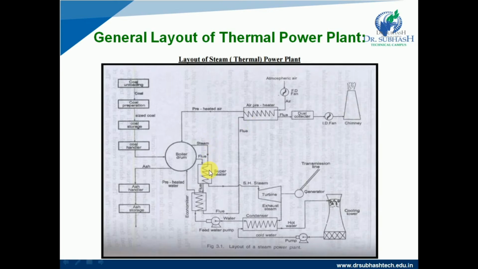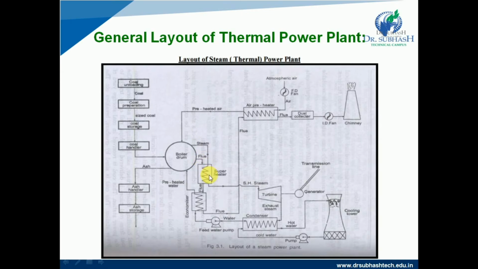You can see in the figure. The superheater tubes are hung at the hottest part of the boiler, and the saturated steam produced in the boiler tubes is superheated to about 540 degrees Celsius in the superheater. So the superheated high pressure steam is then fed into the turbine from here to here, right? Path of the steam, path of the flue gases entered in the superheater.